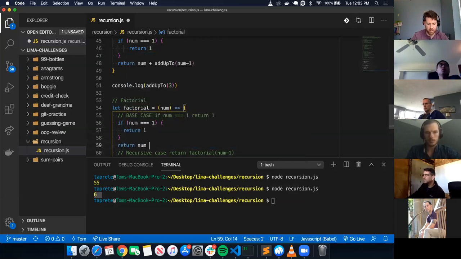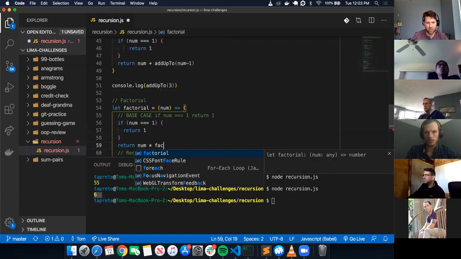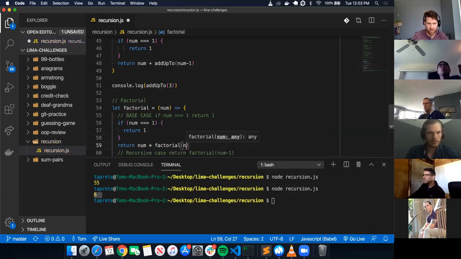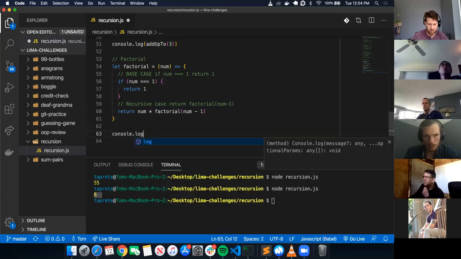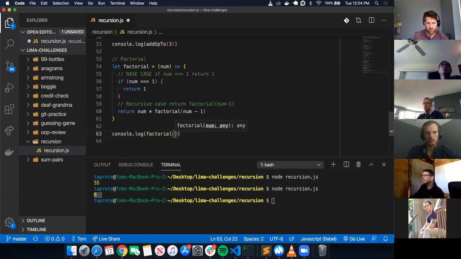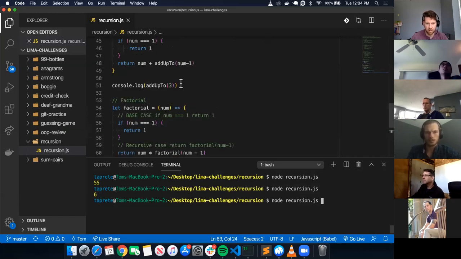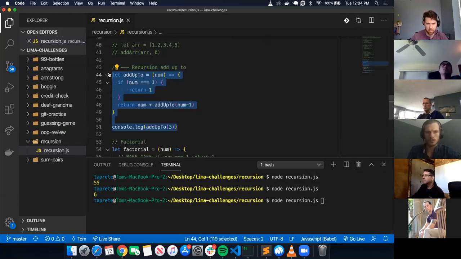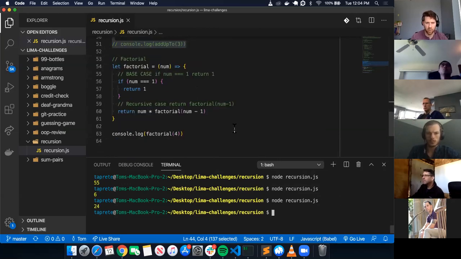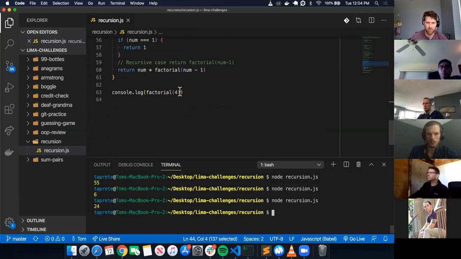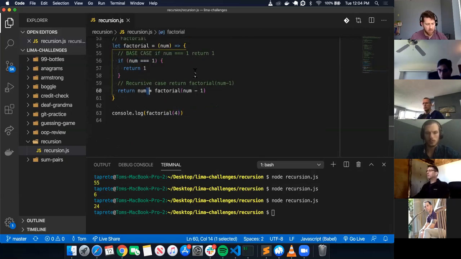Else return num times factorial num minus 1. So if we run that, console.log factorial 4, what is it? Comment this out. 24. So 4 times 3 times 2. So with that,